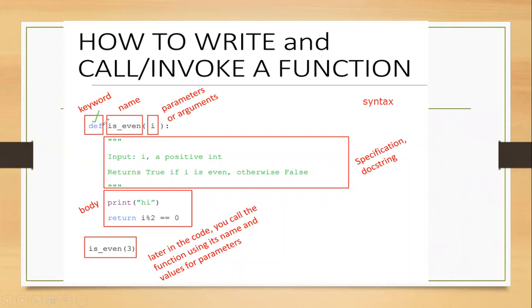That keyword def is for define function. So you don't say define, you say def. That keyword must always be there. Then you need to give your function a function name. Mine, I have called